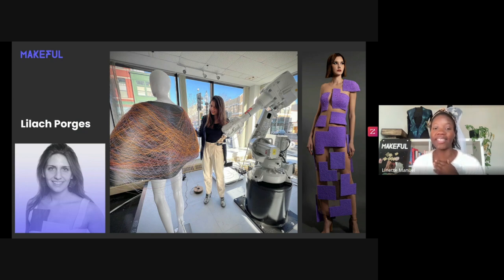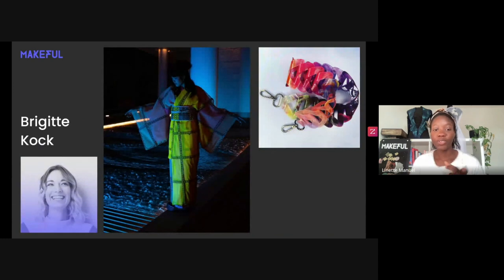Leila Porges is an Israeli designer that creates 3D printed fashion using a robotic arm, and she's coding the arm to produce the pieces. Brigitte Koch is a researcher and designer who created the sublimation technique, but she also produced, for example, this 3D print. She has produced a lot of 3D printed fashion, but the one I like the most is the 3D printed kimono that was entirely printed on a small 3D printer,